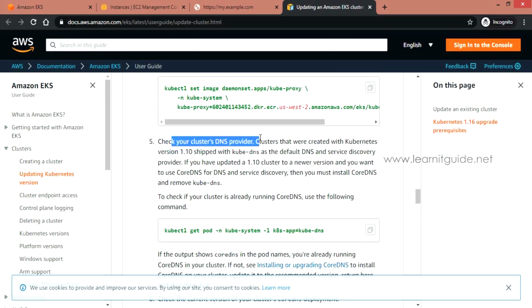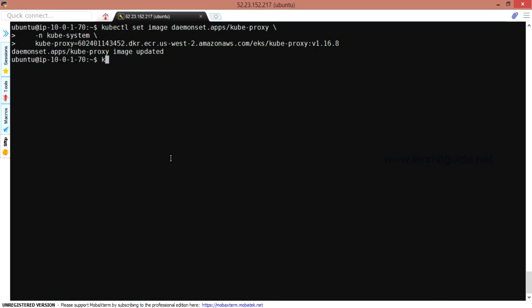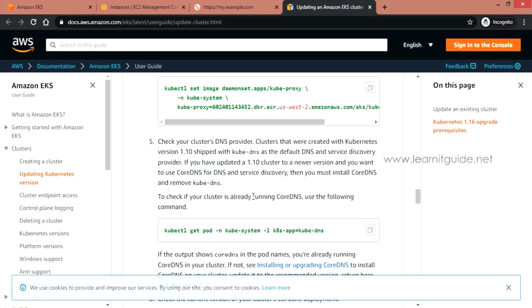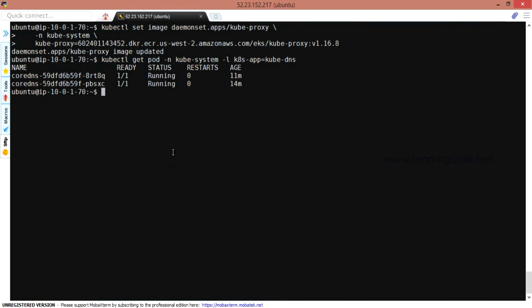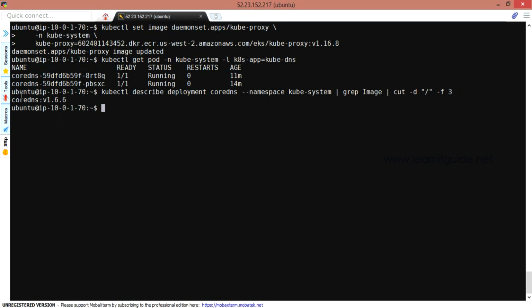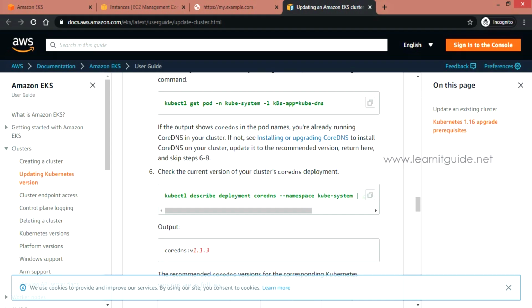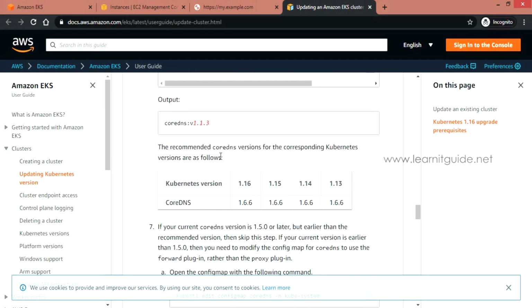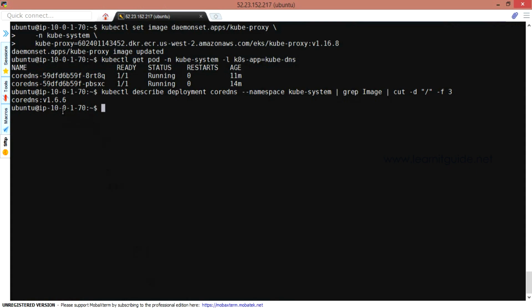And also the DNS. My CoreDNS is running with 1.6.6. Yes, that is the version I need.